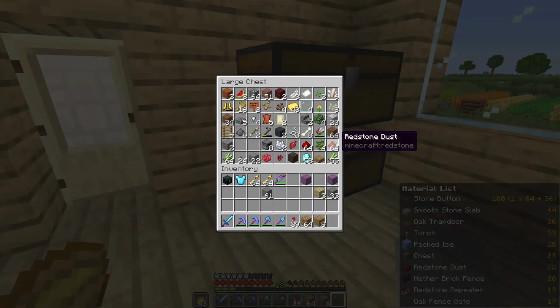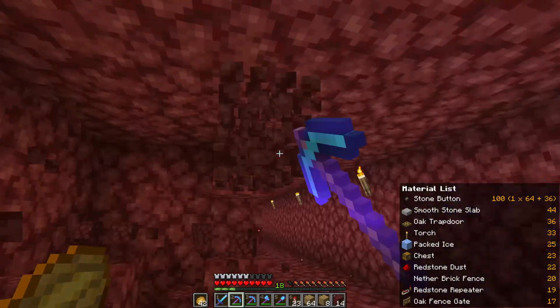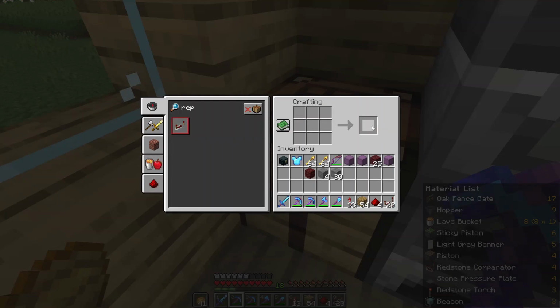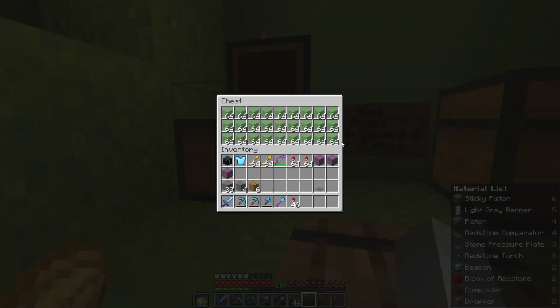Chests, redstone dust. Next we'll need some netherrack to make nether bricks to make nether brick fences. Nether brick fences. Redstone repeaters. Oak fence gate. Hoppers. Lava buckets. Okay, so for this next item, sticky pistons, we're going to need some slime, so I'm just